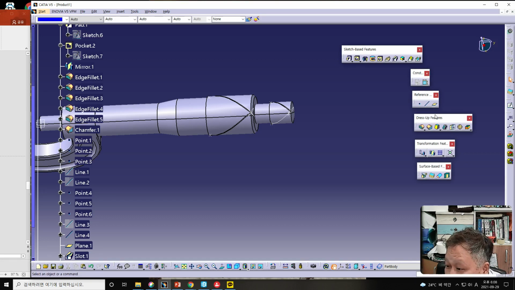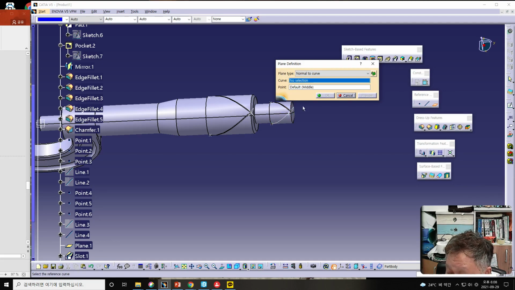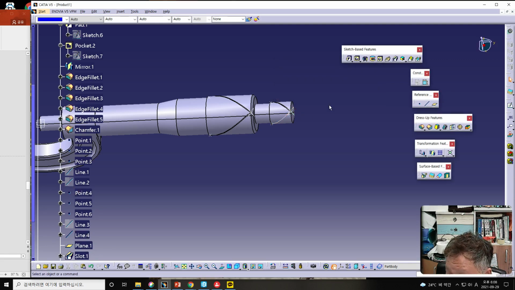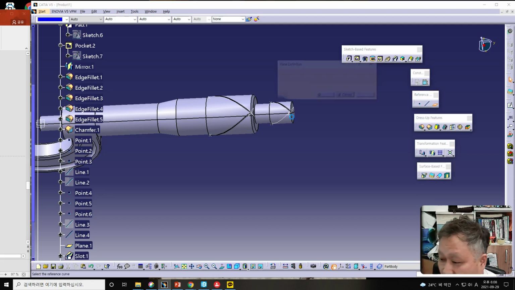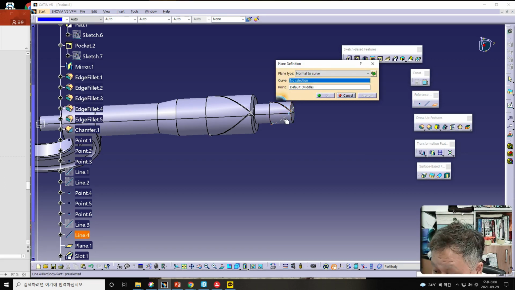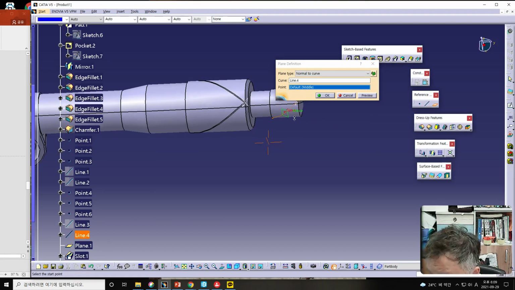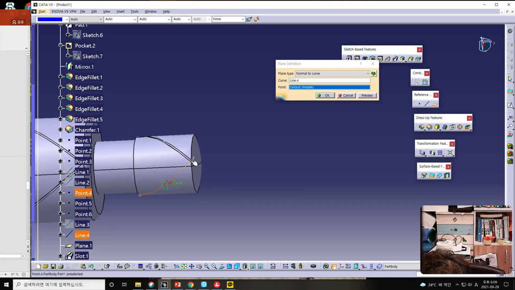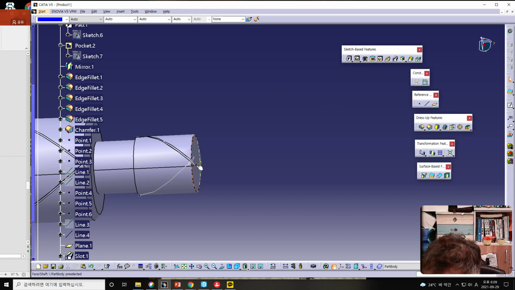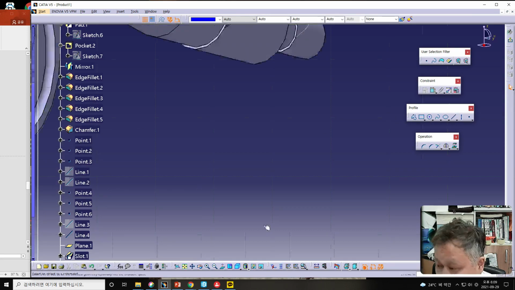and also we should click new plane once again, and curves should be made this one, and the point should be like this one, and undo, redo. I'm sorry, I'll try once again. Curve, and point should be selected here, and by using this plane you should enter to the sketch workbench once again, and